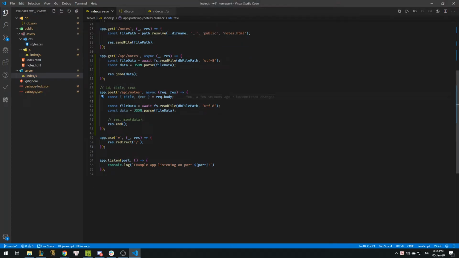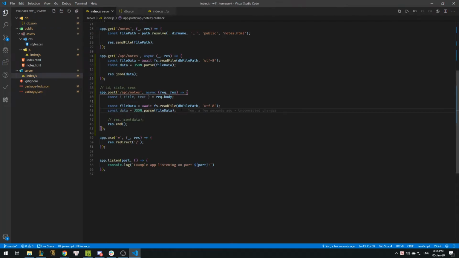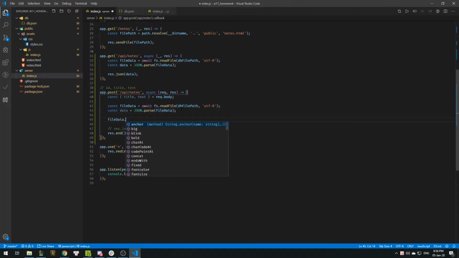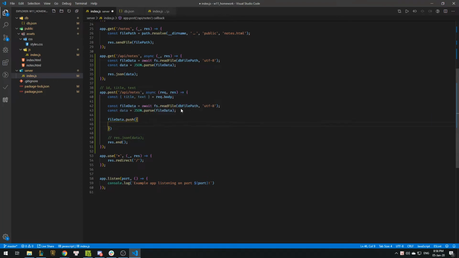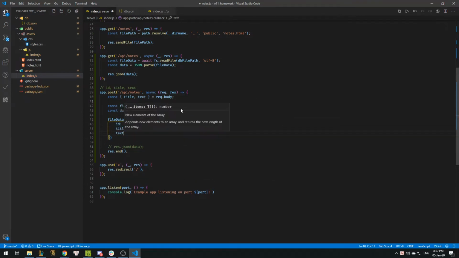Okay, so we have a title, we have a text, we pass it, and remember this data is an array, because in our DB JSON we always have an array. So we're going to do file data. We're going to push our new node into here. So we have an ID as shortid.generate. We have title and text. Alright,